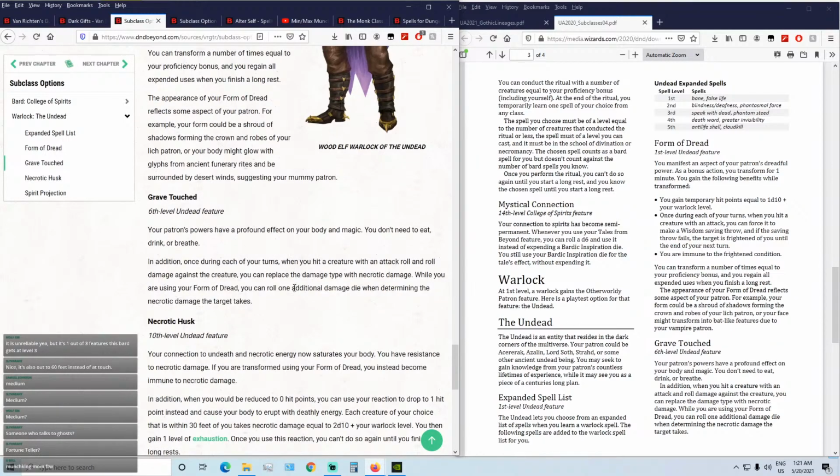So, instead of rolling 1d10 plus your charisma, plus whatever hex and stuff, you're now rolling 2d10 plus charisma plus hex, whatever. All the other stuff that increase your damage. So, what this is basically like, it improves your damage by default. It makes your Eldritch Blast more powerful than almost every other single class warlock out there, and then if you